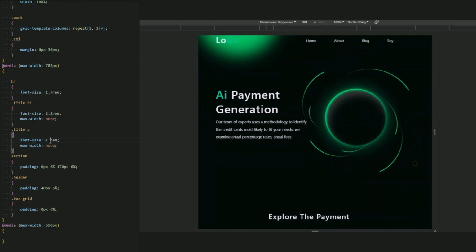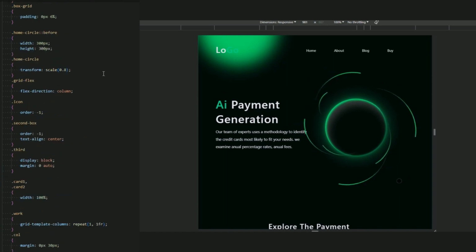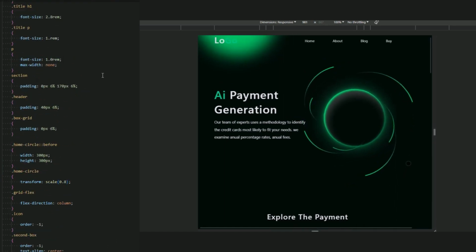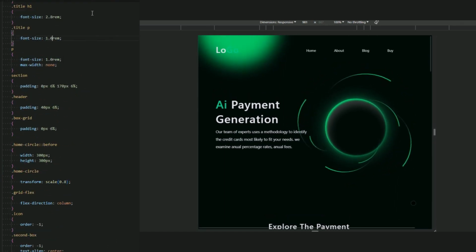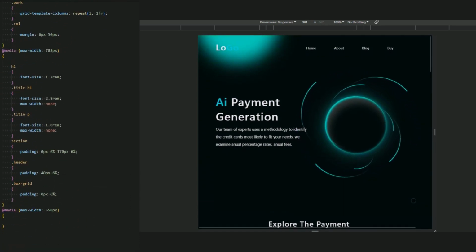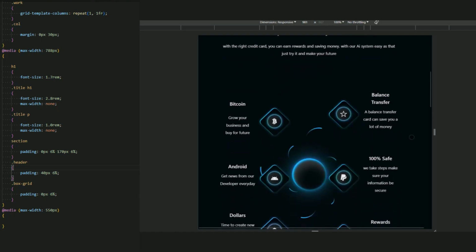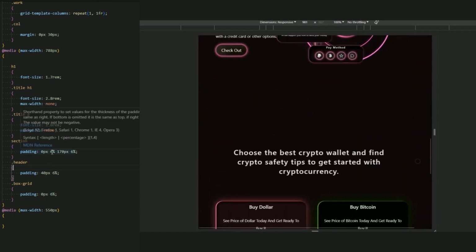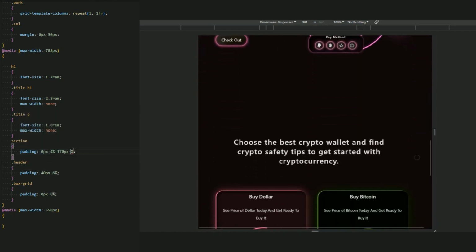Oh, 1.0, I think. Yes, 1.0. Sorry for this.